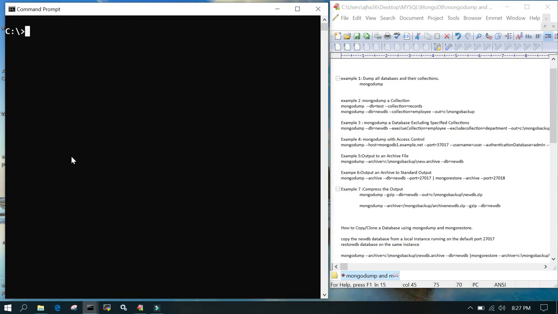So what we will say is mongodump, then --db, and then we will give the DB name, which is newdb, and then --collection, and the collection name is salary, and let's give the location with --out. So let's mention the location C drive slash Mongo backup,